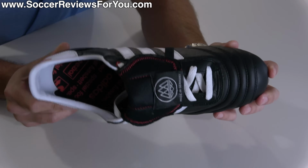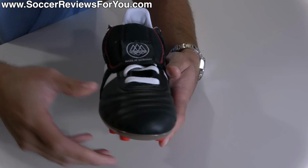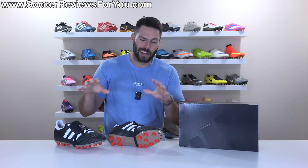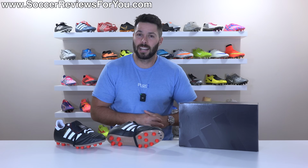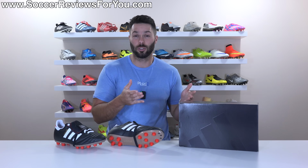For real though, you can't tell me that dominating a match in these isn't way cooler than doing the same in a modern pair of F50s. Unfortunately for this particular release, at its $200 retail price, this boot has sold out everywhere that it dropped,